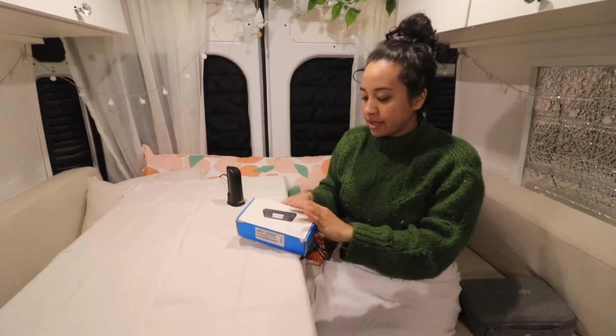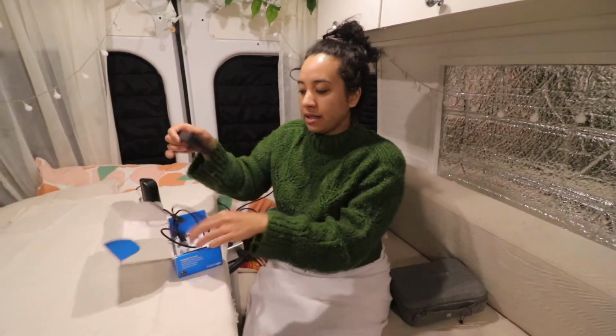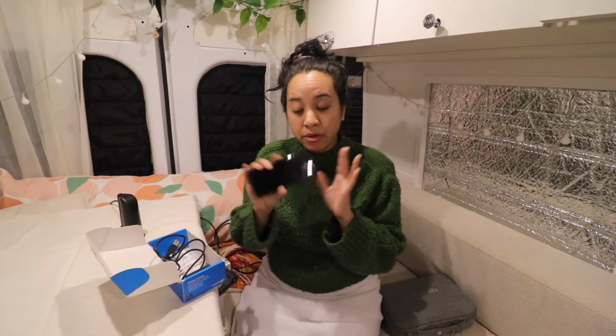And then this is our 5G Mifi Hotspot from T-Mobile, and it looks like this. So it's 100 gigabytes a month, which is more than enough to last us a whole month. And it was a little pricey. The device itself was about $300 when you purchase the actual device, and a monthly cost of $50. So after you get that big, huge $300 out of the way, it's more affordable, $50 a month,